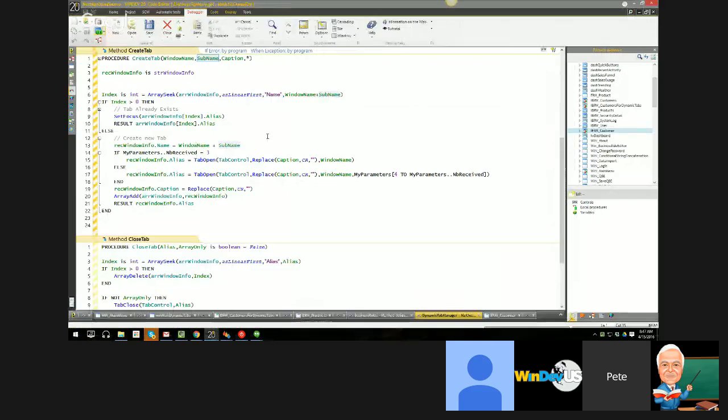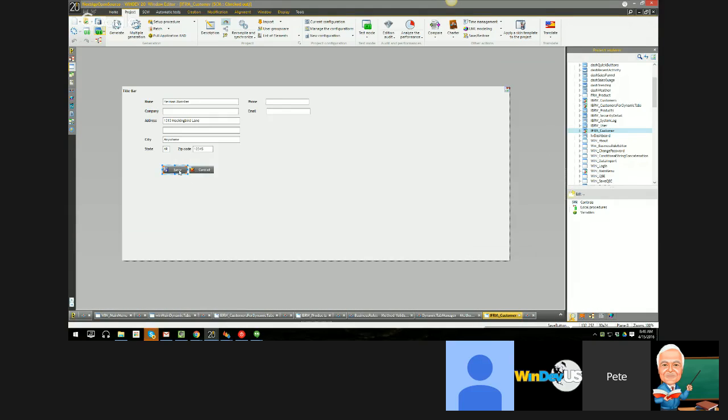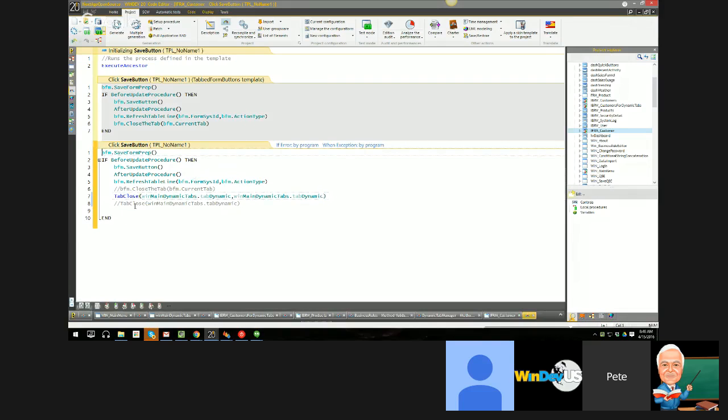The only thing left to do is, again, my class is managing and keeping track of those tabs that are open or closed. Well, that means that I can't just close a tab willy-nilly. I got to call a method in here to close the tab so that it knows that it got closed. So if we come over on the form on this Save button, instead of issuing the tab close command, which is what the standard WX function is, instead we're going to do dynamic tab manager dot close tab,